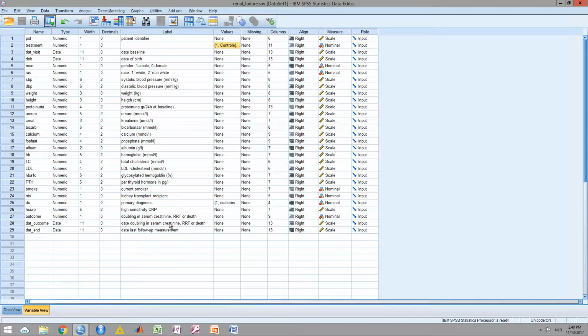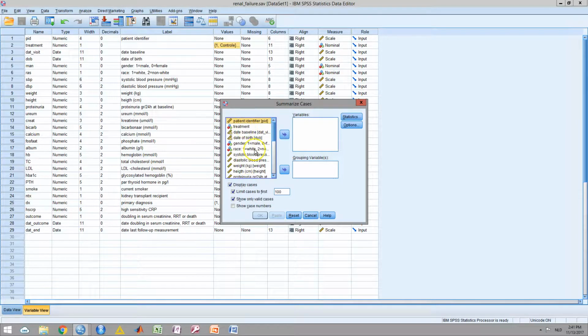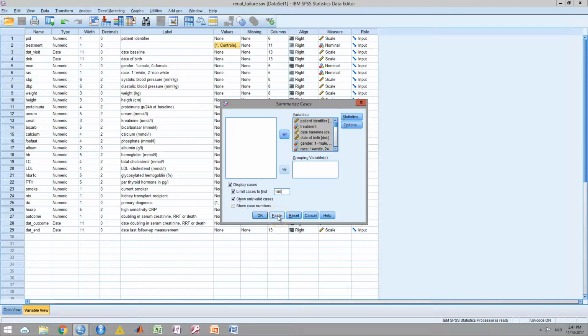the basics of SPSS. So here I've opened a data set, the renal failure data set. Here we have a list of variables with their according type, value labels if available, and variable labels. So we first want to look a little bit into this data set. And to do so, we can go into Analyze, Reports, do a quick descriptive, quick case summaries. So basically, we select a bunch of variables. You can hold down the Shift key and left click to select everything, and we'll just show the top 10